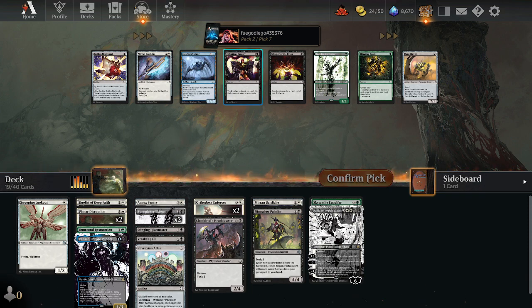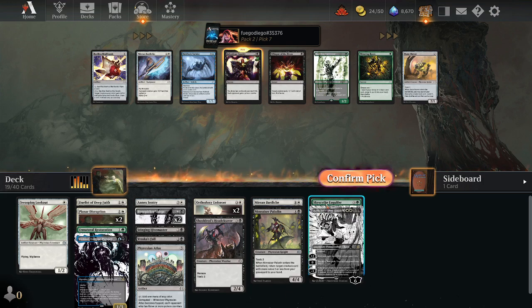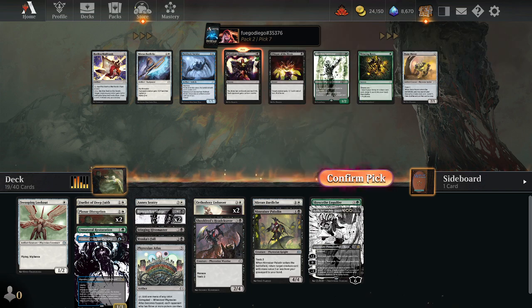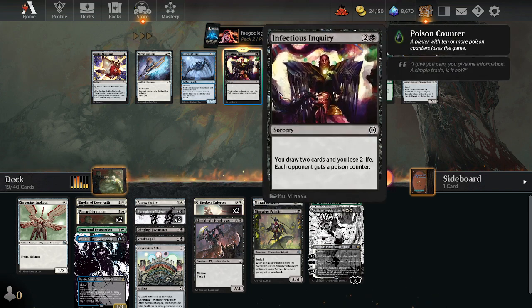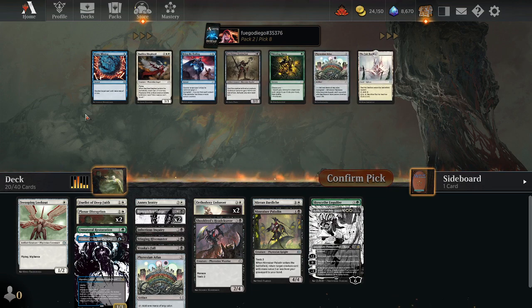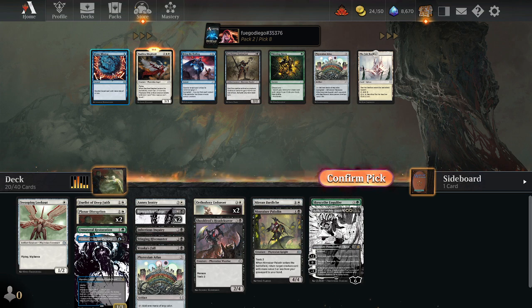I don't love the Dune Mover putting the card on the top, but if we're trying to splash, it can be pretty good. But I think Infectious Inquiry to get our opponent with a poison counter and drawing cards is just better than the Dune Mover. I wouldn't mind picking up a Dune Mover later on. Here, I think the Shepherd is just good